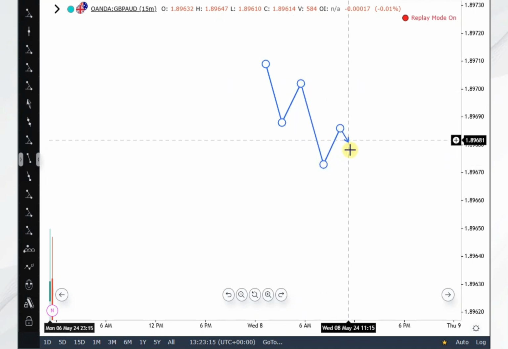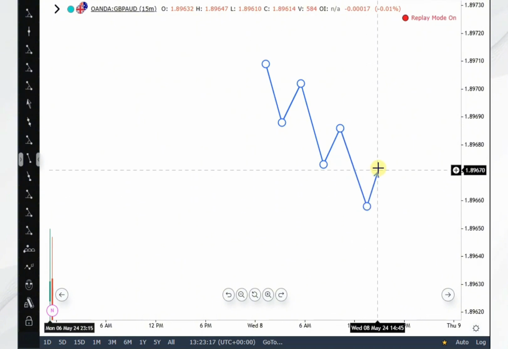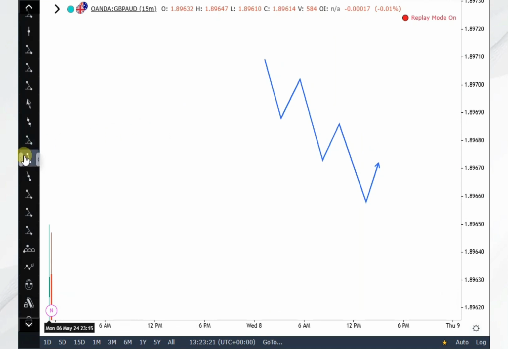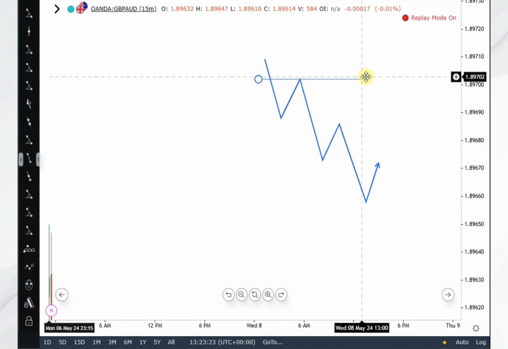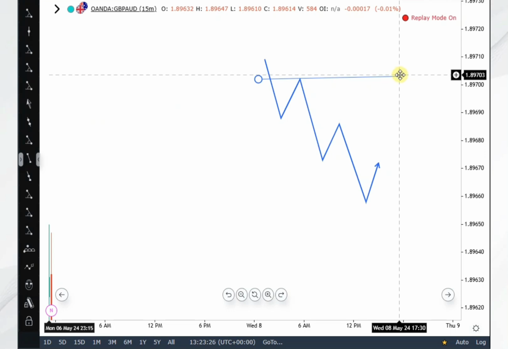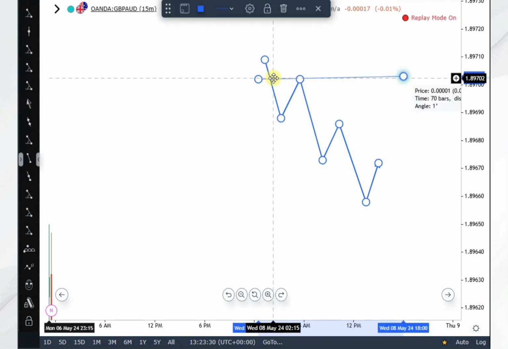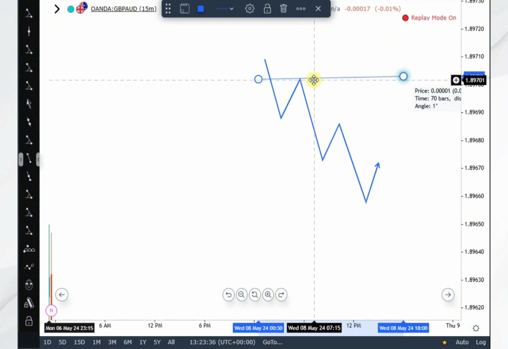So as you can see, this was a resistance level. Price broke below. It was acting as a support level before, but price broke below it, came back to retest it. After retesting it, this one is now a resistance level,